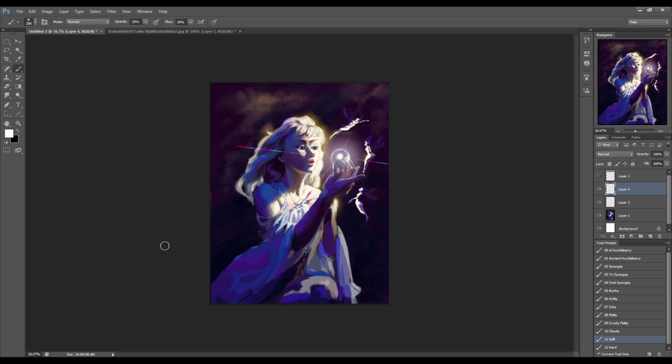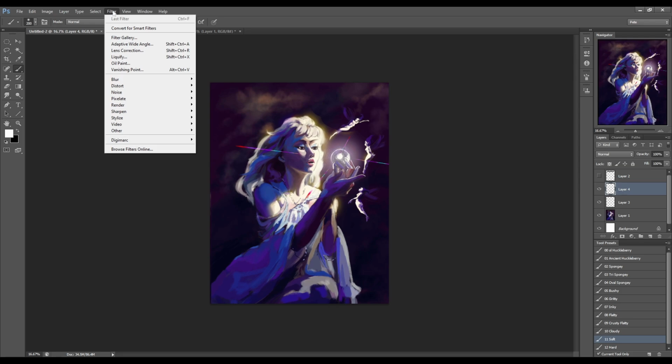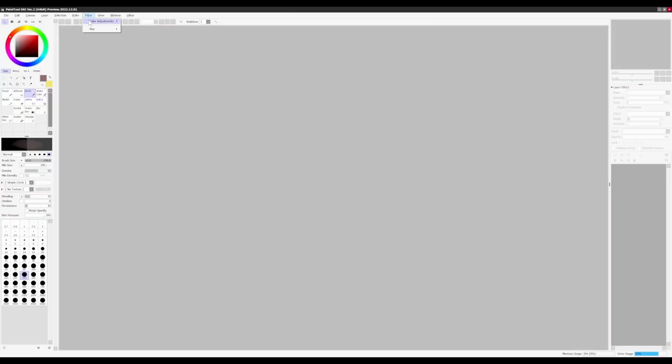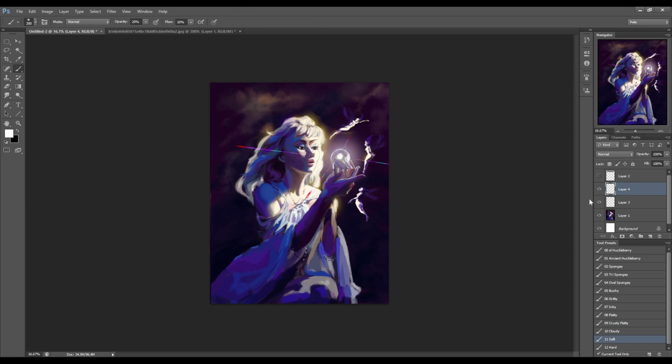Yeah, the filters, there's some really incredible stuff in there they've built up over the years, but for painting, I don't know. In my hipster program, Paint Tool SAI, there's a filters tab, and it's got one filter, and it's Gaussian blur. By default, this program only has a filters tab with one filter in it, and that's kind of the way that I do things too, where I will use Gaussian blur for, let's say I'm making